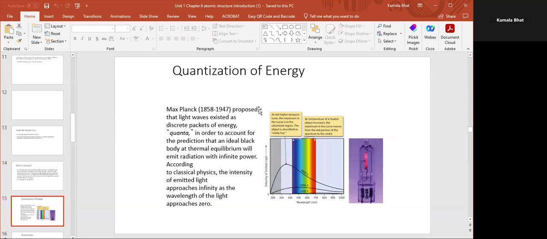Max Planck proposed that light waves exist as discrete packets of energy, quanta, in order to